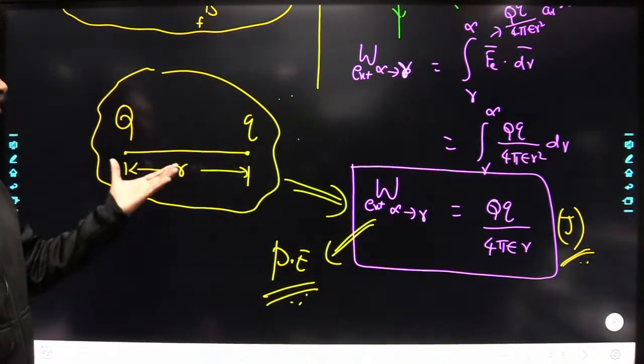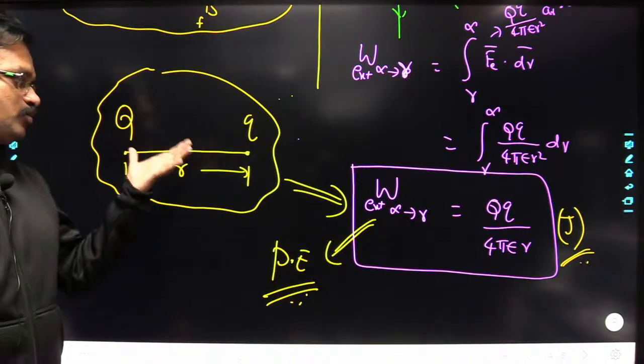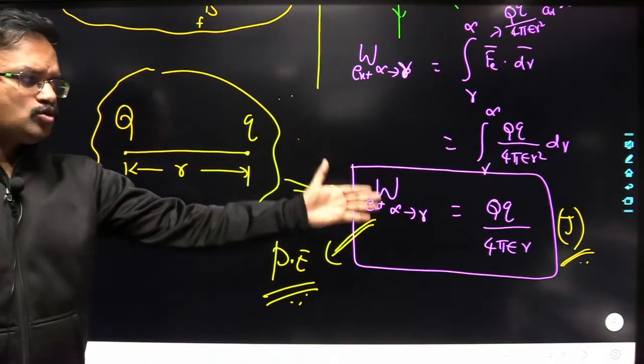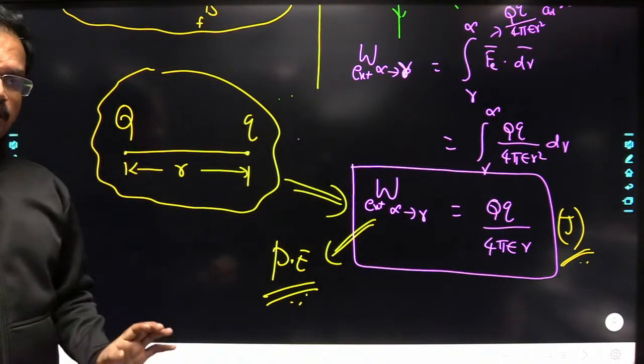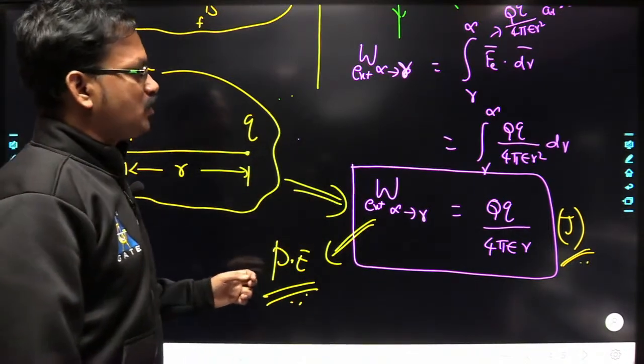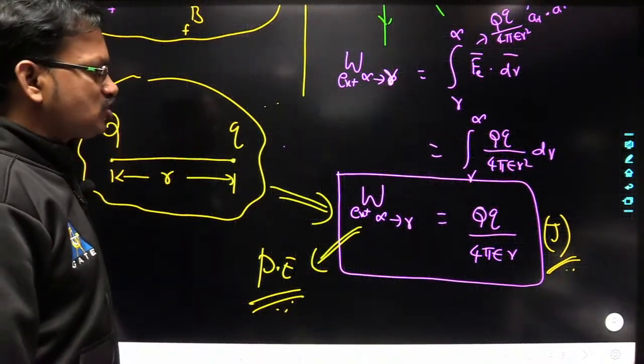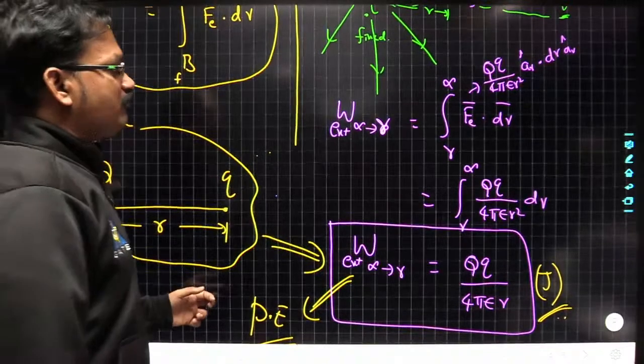Understood? So whenever you have 2 point charges, the potential energy is nothing but Q1Q2 by 4 pi epsilon into R. Understood? Okay. So next, one more point I want to specify here is, the work